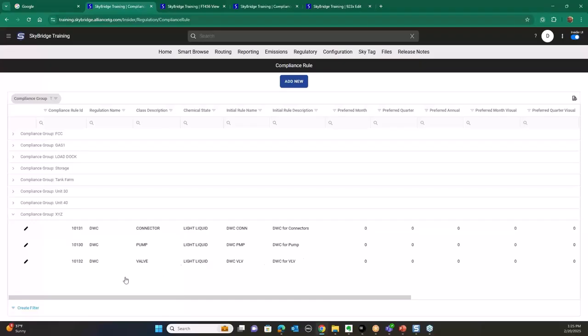But if I add, maybe, a relief, it won't go through. Now it would add as much as it can. You saw how that worked out. If I put a new unit in, I add all the new information in. It's going to put in the group, the class, the chemical state, but it's not going to put the rule in for you. But again, you can do that manually here or let SkyBridge populate most of this information,